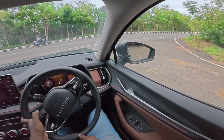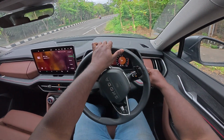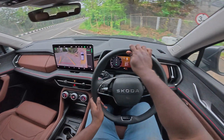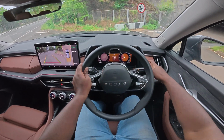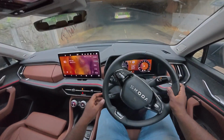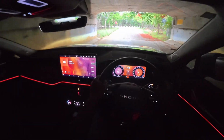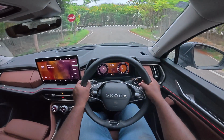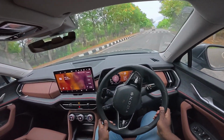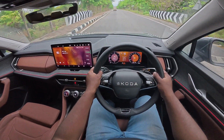So we're going to just turn around here carefully. The shifter is more like that of Mercedes. We are in sport mode. I'll just switch to manual in a moment and let's see whether it shifts on its own. Zero body roll. I mean, though this one has higher ground clearance compared to the Tiguan,